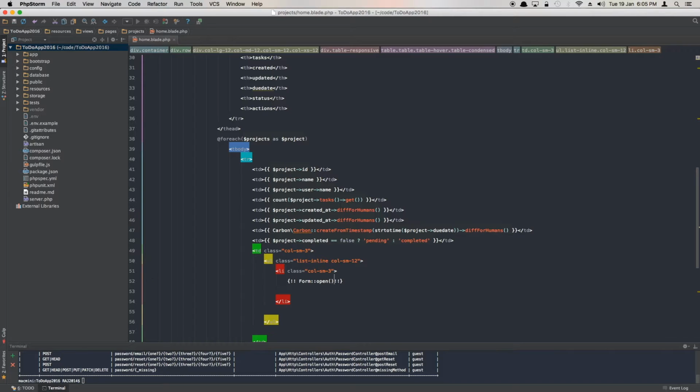Form open, and then I can just say form close, open and close. Now when we open a form, what we are essentially saying here is there is going to be a method which is going to be post, and then there's going to be an action which is going to be, you guessed it right,